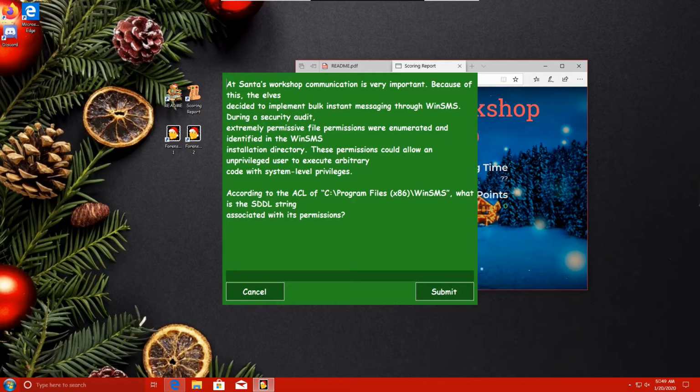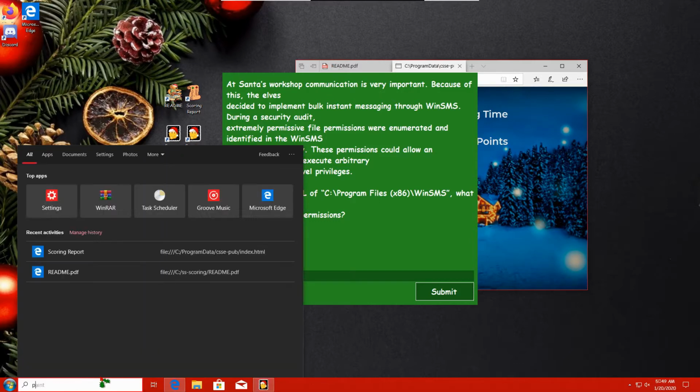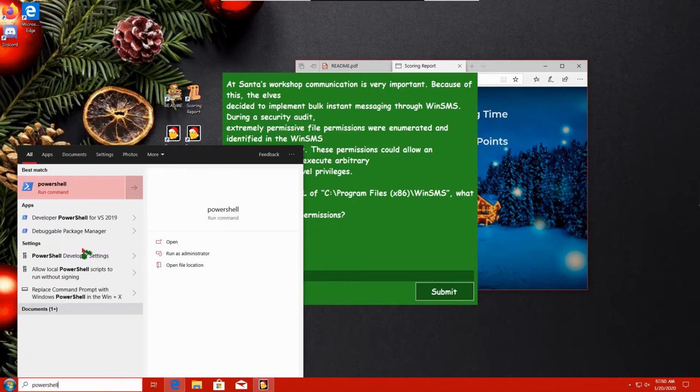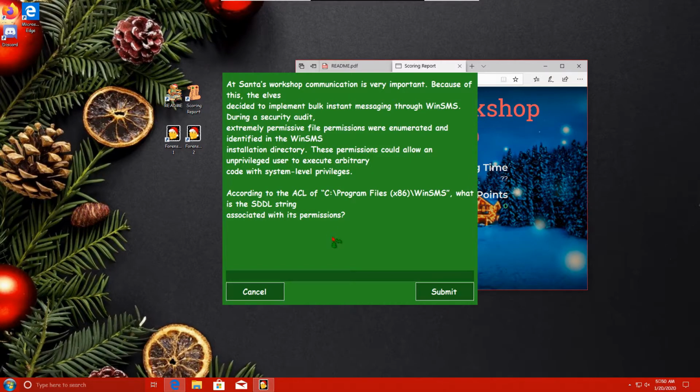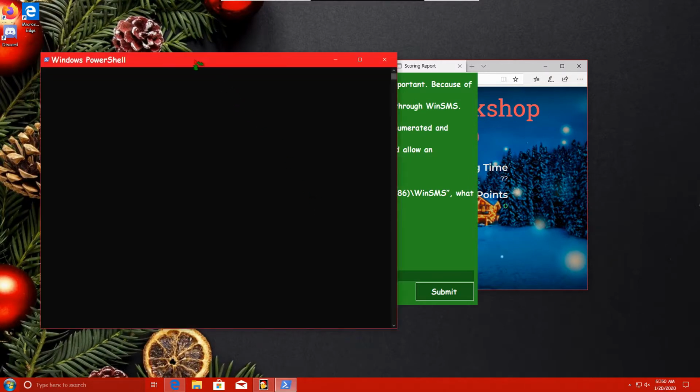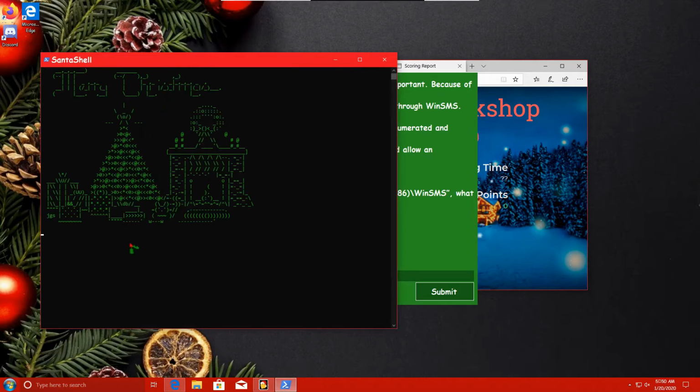The easiest and most efficient way we're going to be able to do this is through the administrator PowerShell using the Get-Acl commandlet. So what I'm going to do is open up PowerShell and make sure that I'm running it as an administrator. And you should see our nice art here. Great. So what we're going to type is